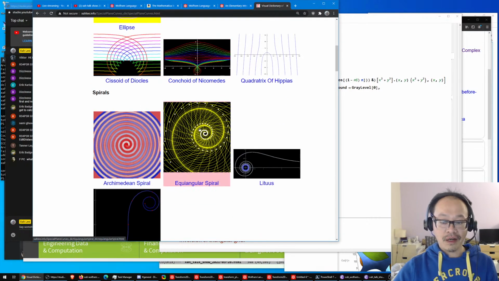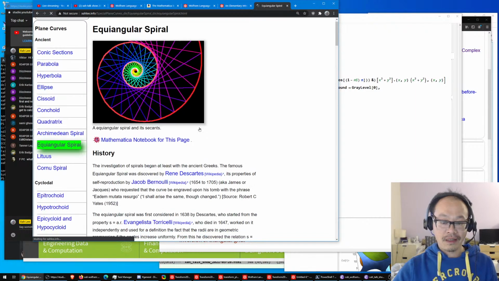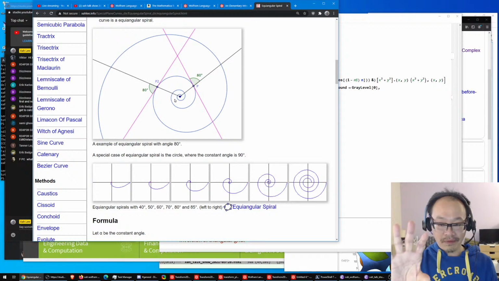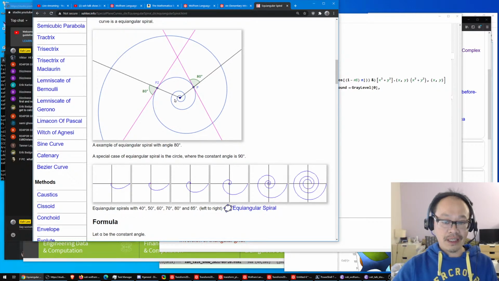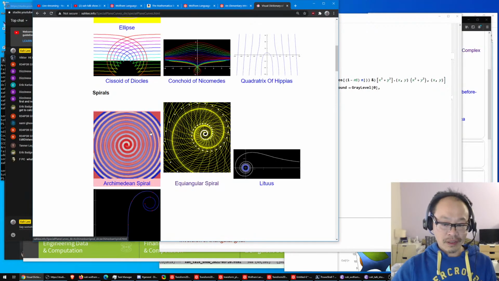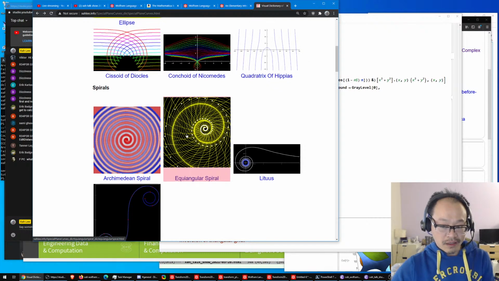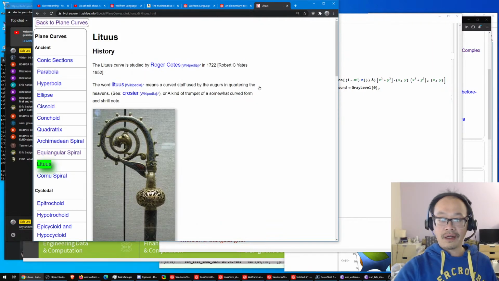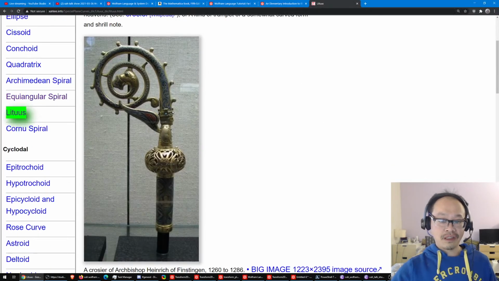They tell you lots of the properties of curves, especially visually, so you can easily understand. For example, there are quite a few spirals. This one is the Archimedes spiral. This one is the equiangular spiral. This one is called the lituus. The lituus is interesting because, let me magnify, you can see it's used in